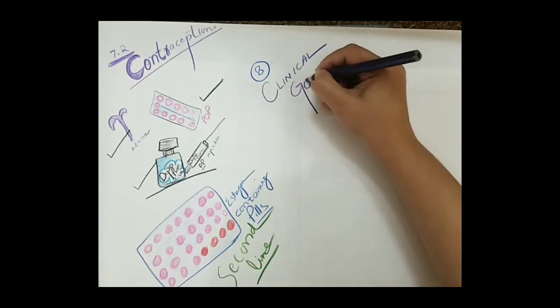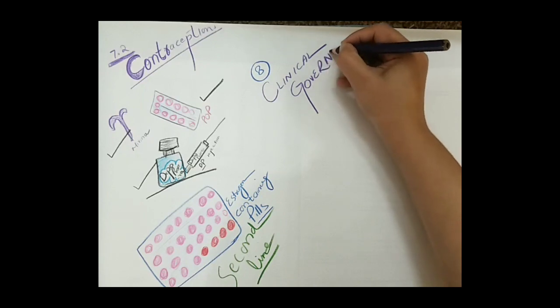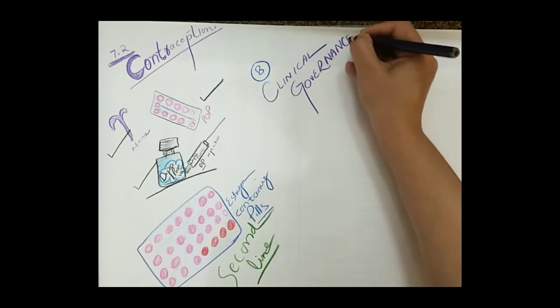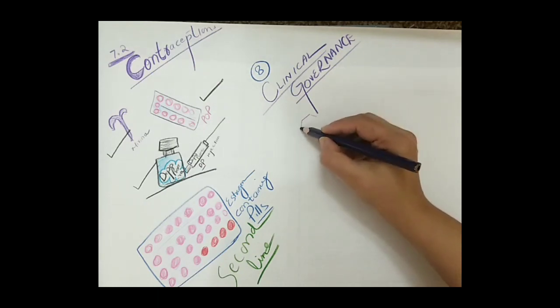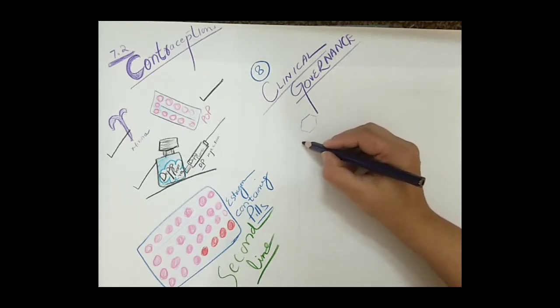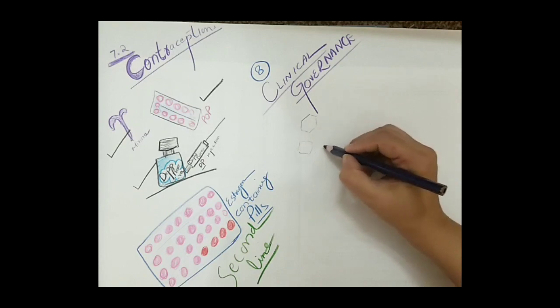Now the last part is about the clinical governance. Each hospital should have protocol for the management of pregnant women with the sickle cell disease. Clinical governance is very important. Okay, for each and every problem in the hospital, there should be clinical governance. And the clinical governance